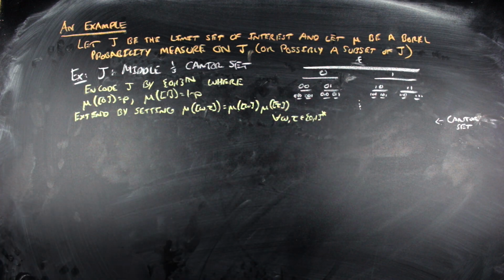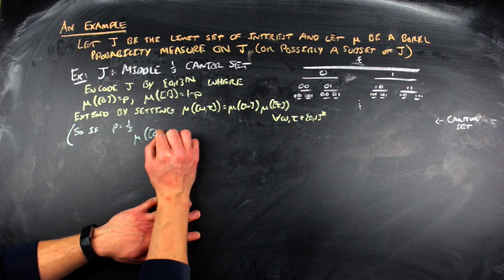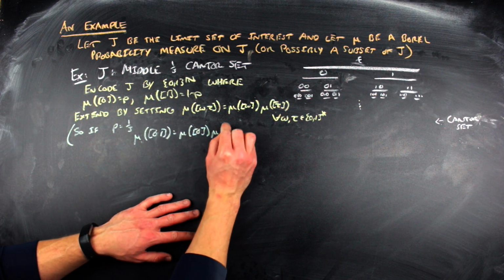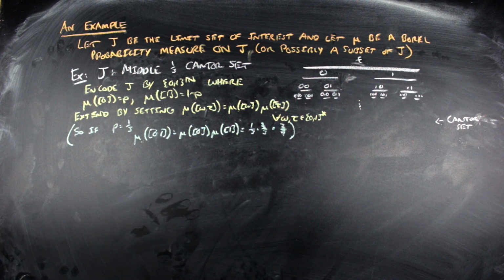So in particular, if p is 1/3, then the probability of the set of stuff that starts with 0, 1 is going to be the probability that it started with 0 times the probability that it started with 1, which is equal to 1/3 times 2/3, which is 2/9. Now you can think about this measure as distributing mass